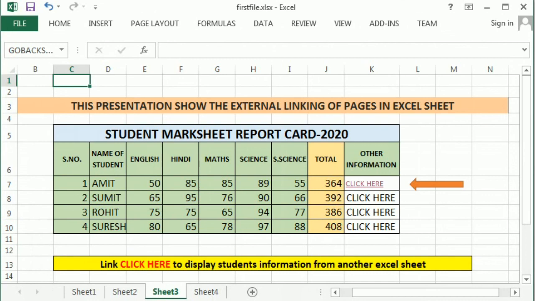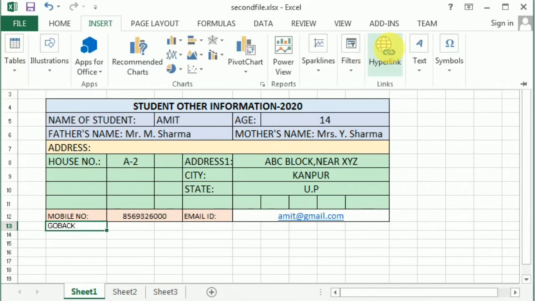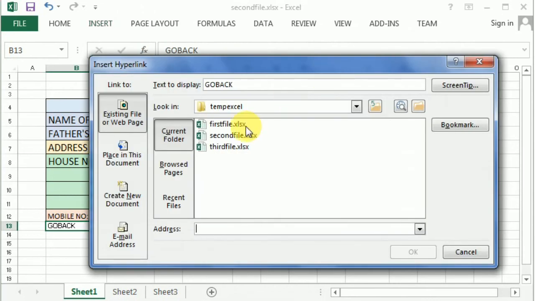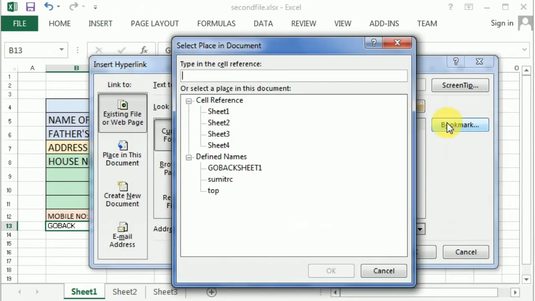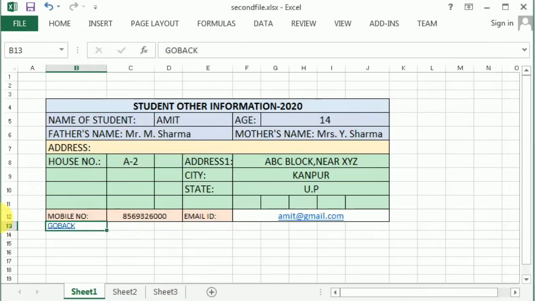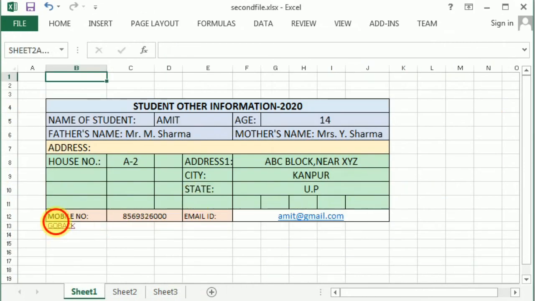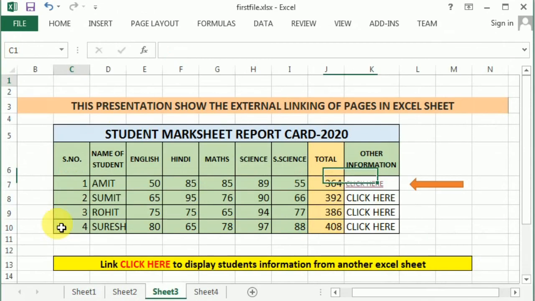Now go back again. Here select the cell, go to Insert, select Hyperlink, first file, Bookmark, go back sheet, press OK, press OK. When you press it, you will be back in the same file. So this is the way external linking works.